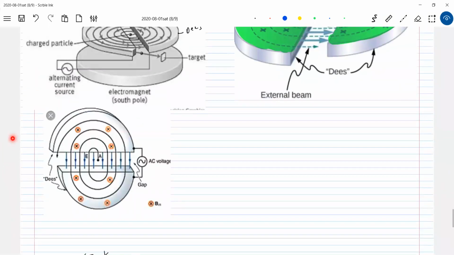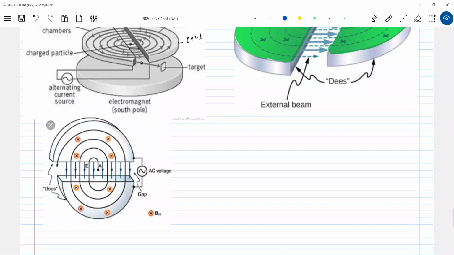Let's get into the charged particle. Now, I'm going to release a charged particle here. What will the electric field do? I'll start from here. I'll release the charged particle. The electrostatic force will accelerate it and it enters the magnetic field. We know the work done by the magnetic field is zero, so it just completes a semicircular path here. Again, it enters the electric field. By the time it enters, I'll change the direction of the field.